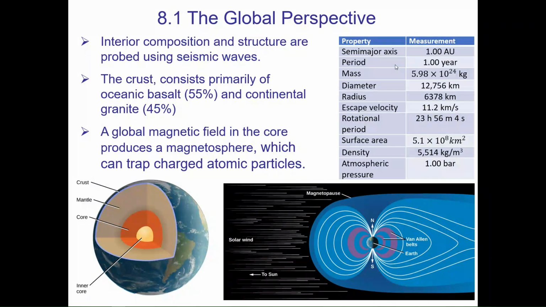By the way, in terms of distance from the sun, Earth is further away from the sun than Mercury and Venus. And you can see here a way we can measure the diameter and radius of the Earth. And the escape speed is basically how fast an object needs to travel in order to escape Earth's gravitational pull,